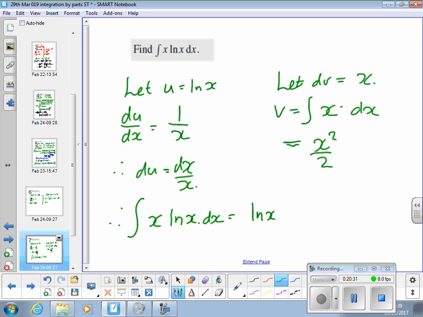No, v is x squared over 2. ln x times x squared over 2 minus